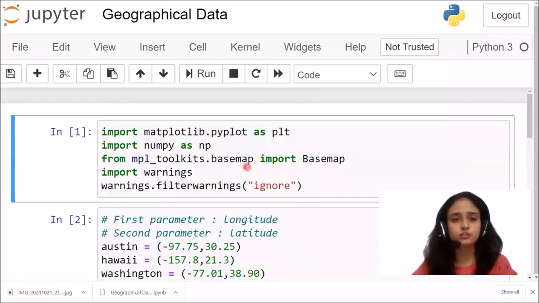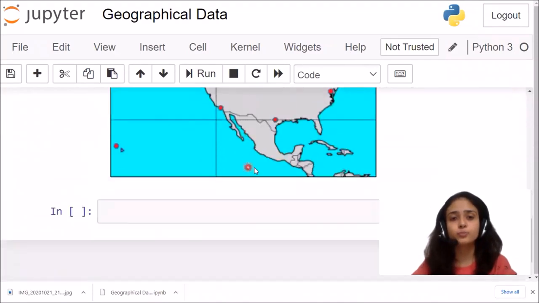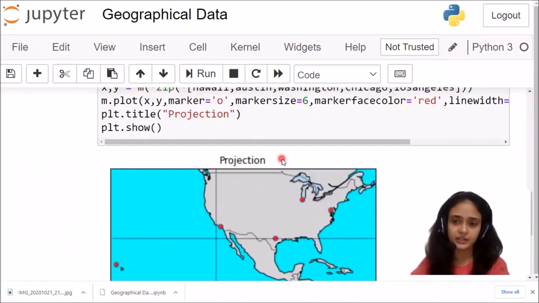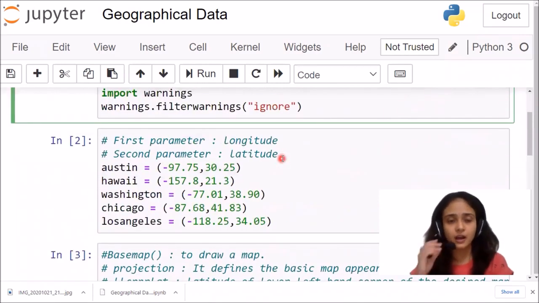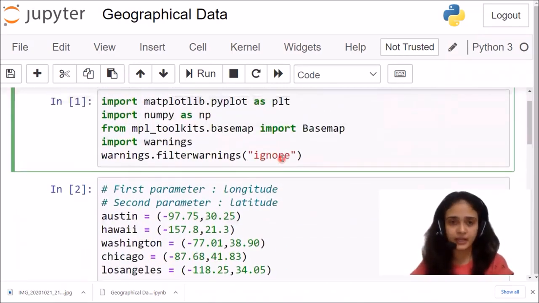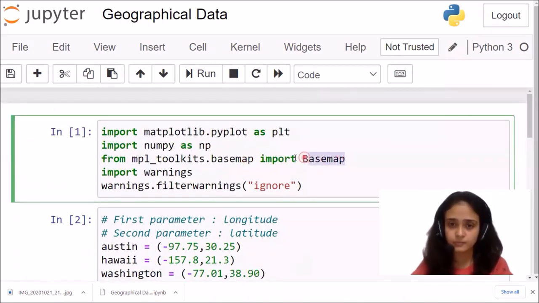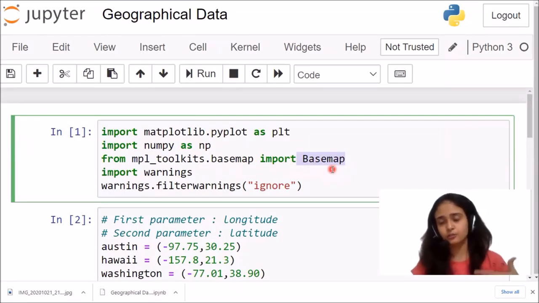So this is my geographical data notebook. What I have to do over here is plot this type of geographical data in my Jupyter notebook. For that, I have to make use of a deprecated library, that is the basemap toolkit library. To use this particular library, you have to create an environment, and that process is very long.